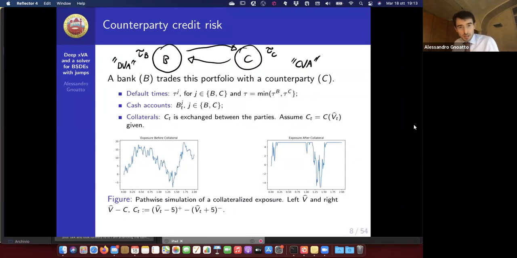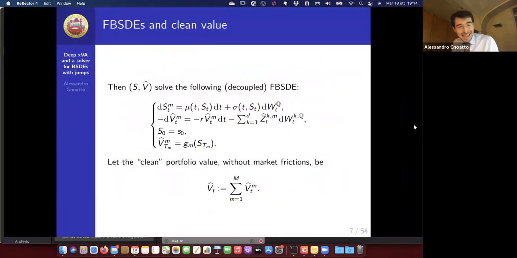Most of the time you just exchange cash as a way to guarantee you against the default of your counterparty. Of course the collateral reduces the exposure, but the collateral is computed again at the portfolio level, because you typically have some netting effects between the different swaps. It could be that one swap has a positive mark-to-market from your perspective and another swap has a negative mark-to-market from your perspective. So when you compute...